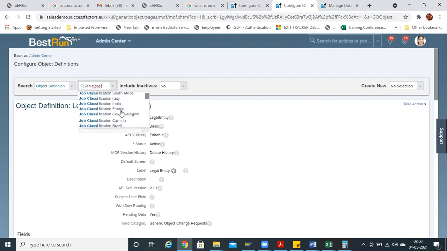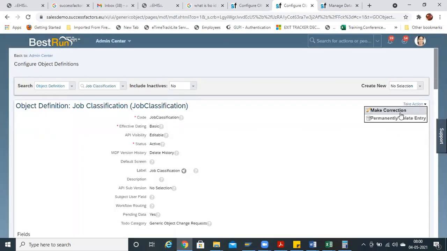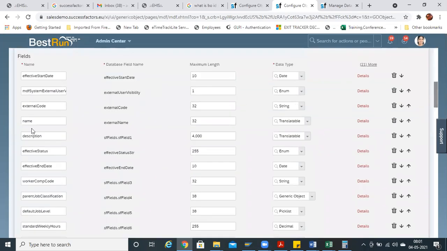See, these are country specific job classifications, as you can see, right? Now, take action. These fields, changing the field name, adding these fields.